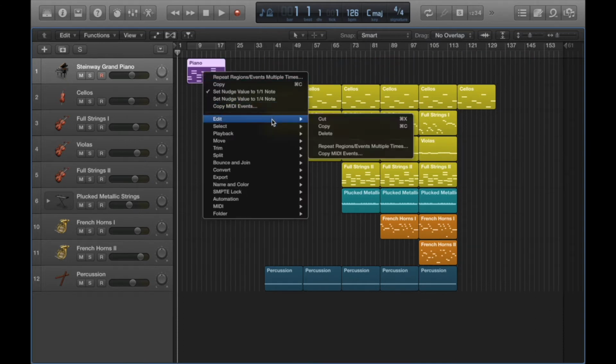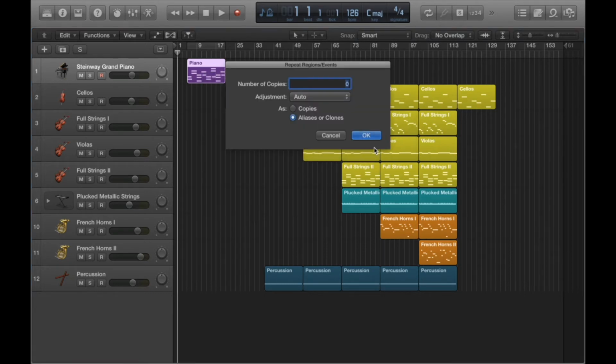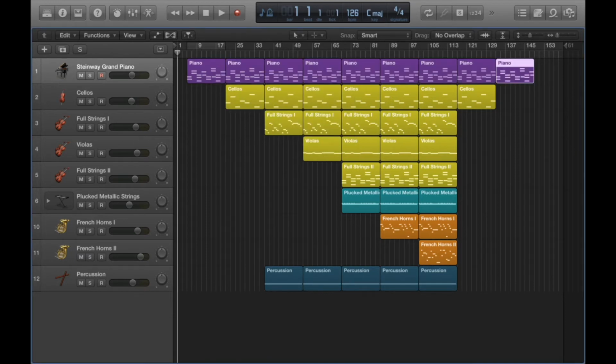and click on it, that brings up this little window, and it prompts me to put in the number of copies that I want. So I'm going to put 8. And you can do as copies or aliases and clones. If I do copies, that just instantly creates 8 copies for me. So I don't have to paste in each one individually. So yeah, that can be a quicker way for you to repeat regions if you're going to be doing lots